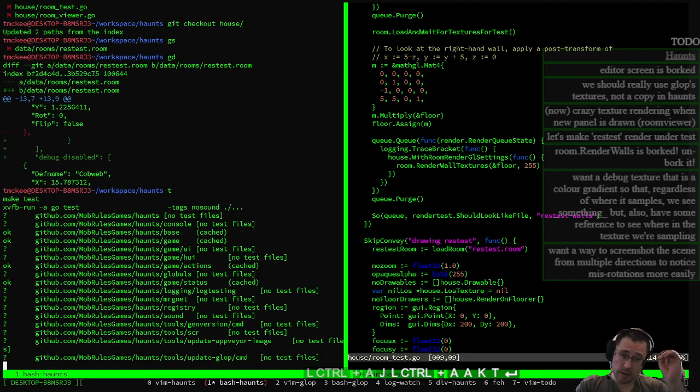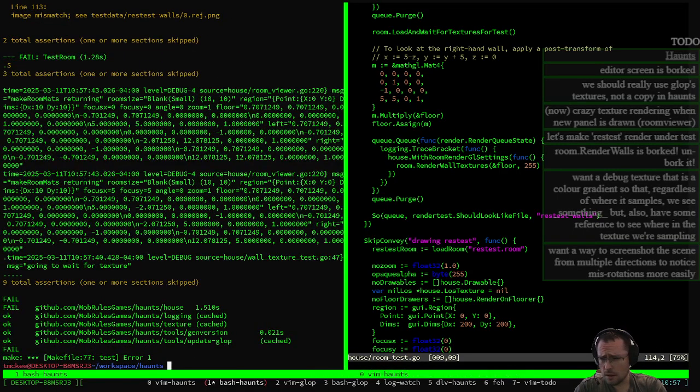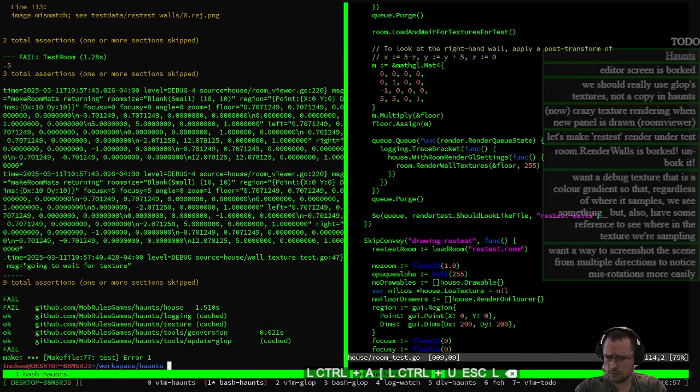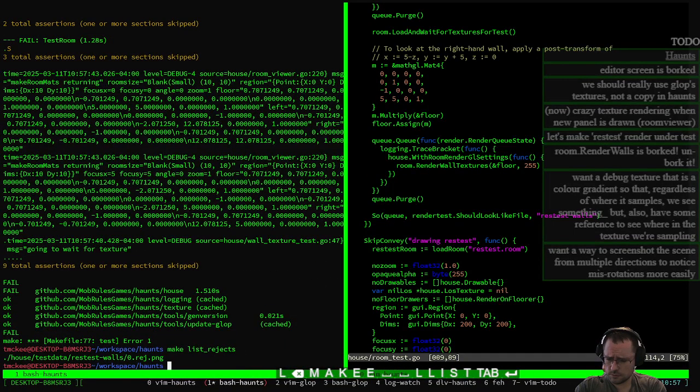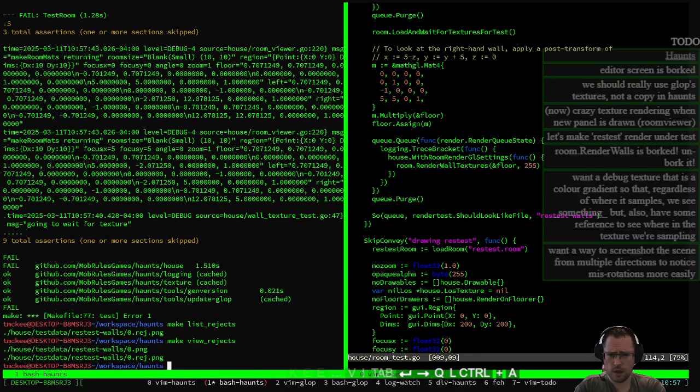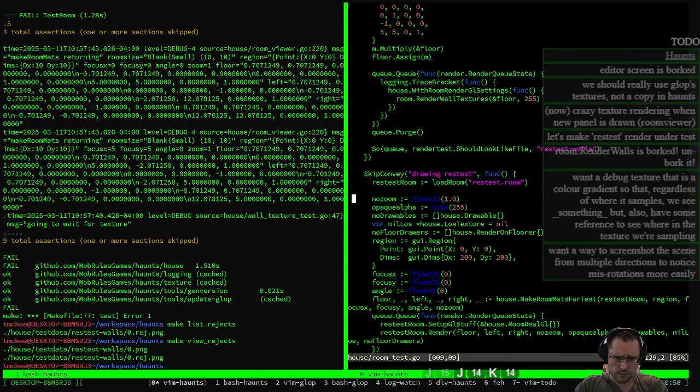We expect a failure. So now instead of the cobweb texture,